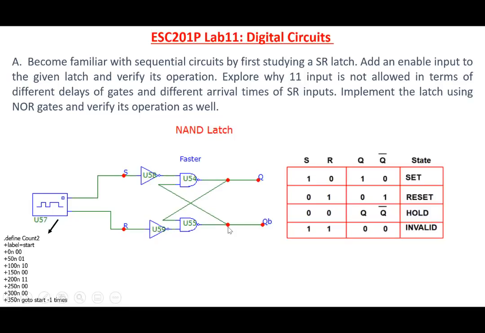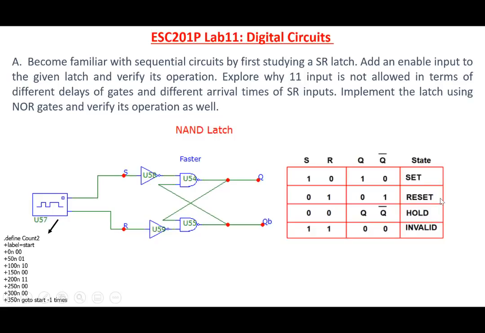And we could also build it using a NOR gate as well. And so this is an SR latch, and the behavior of this SR latch is shown over here. So S is for setting the latch value equal to 1, and R is for resetting the latch to 0 value here. So when you put S equal to 1, R equal to 0, you get Q and Q bar here, which is 0 here. So we call this the set